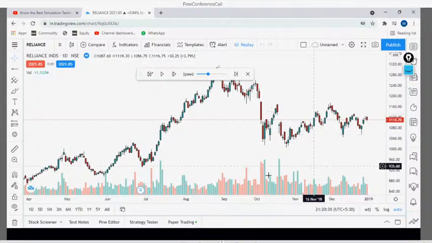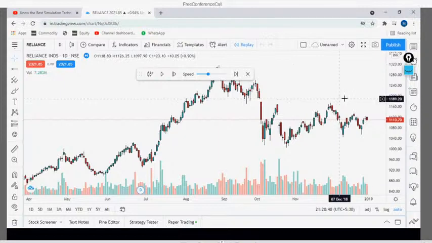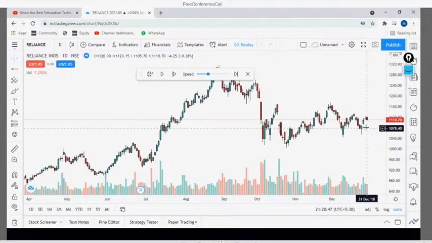Okay, now how will this help me? How can I test my strategies, or whether the real support and resistance will work in the real market or not? I want to know, right? So imagine my chart is at this level. Now I'm near 31st December 2018 level data, two years old data. I'm at that position now.